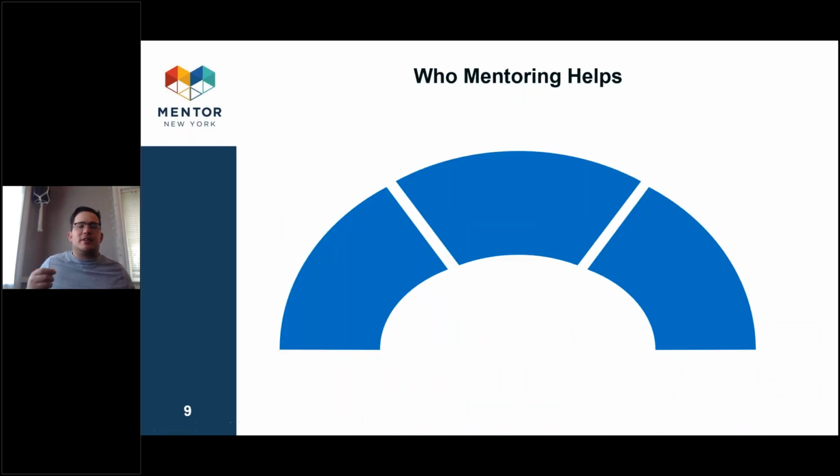I also think, as we're thinking about the population, this is a very crude diagram, but to illustrate a bit of the point. With mentoring, we think about a bell curve of young people based on whatever outcome you're looking for. Let's use academic success for the sake of an example. On one hand, you're going to have students that are facing severe challenges, right? They really need tutoring, some sort of academic counseling. They might have learning disabilities. They might have issues at home that are preventing them from really focusing on school because their family's struggling with homelessness or addiction. Those are the students that need serious wraparound, social work supports, not just a mentoring intervention,